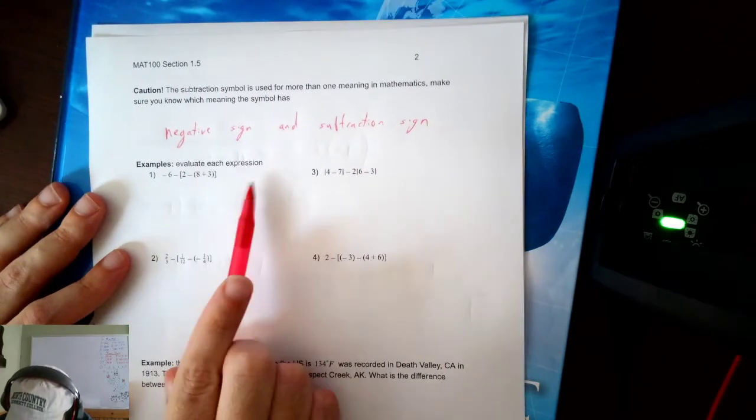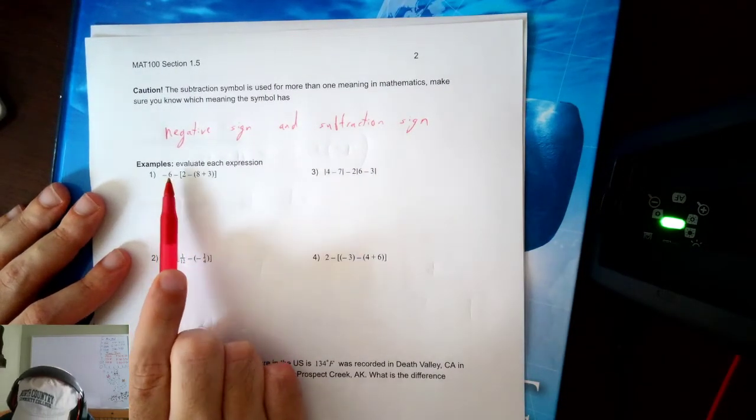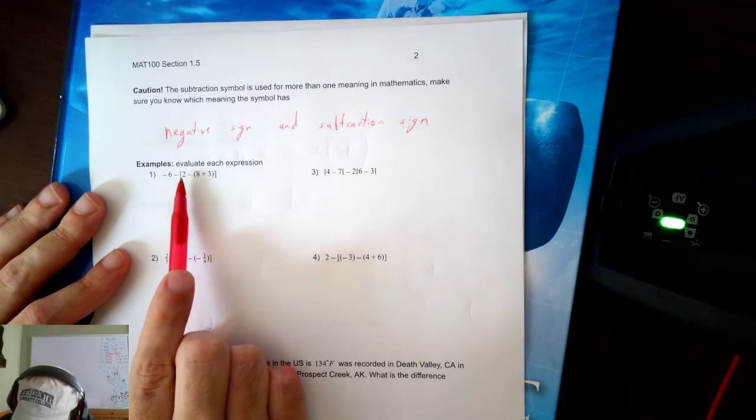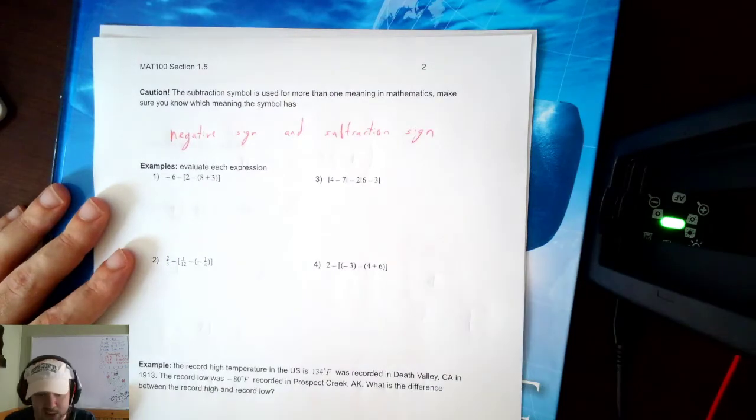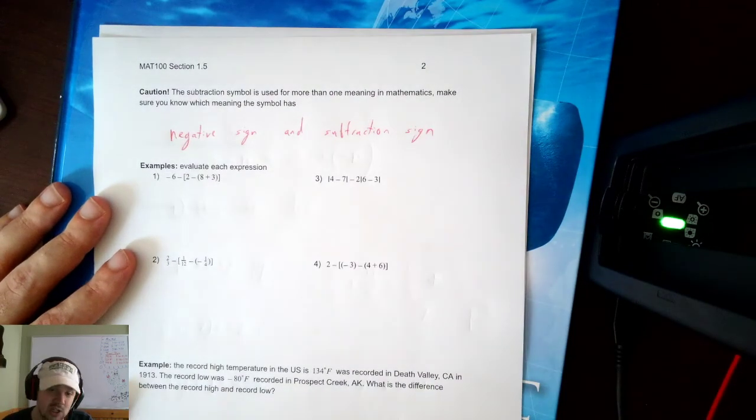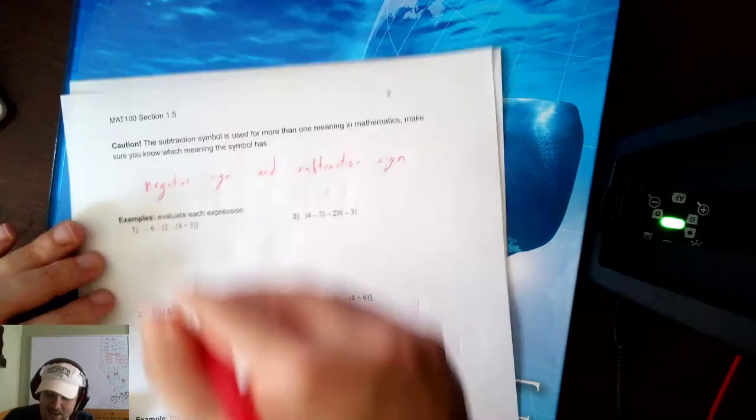In this problem here, negative 6 minus bracket 2 minus parentheses 8 plus 3 parentheses bracket. That is what that says. How did I know which ones are minuses and which ones were negatives? The context. Same with,